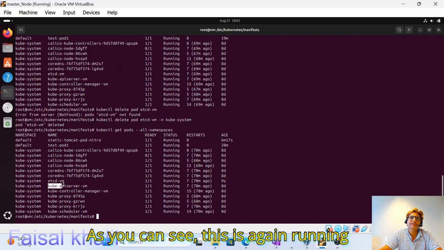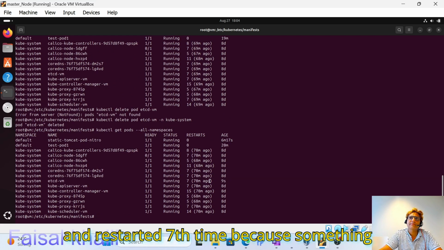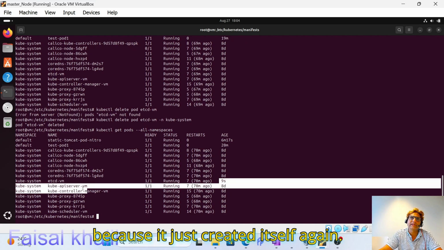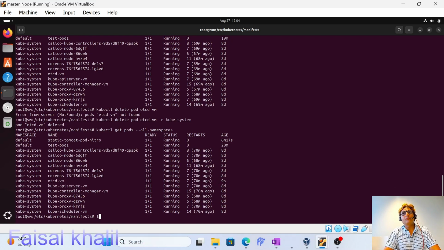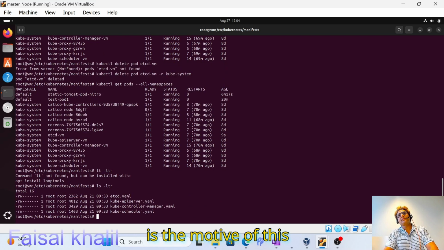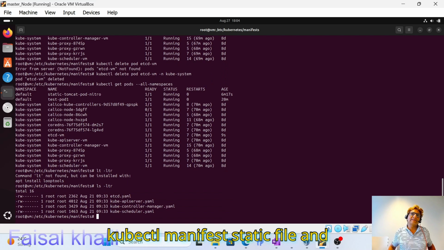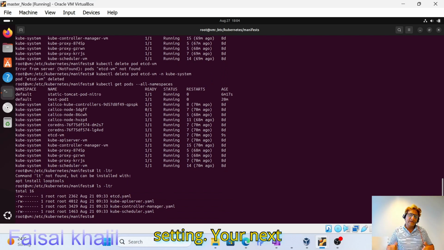As you can see, this is again running and restarted the 7th time because something happened, and it is just 9 seconds because it just created itself again. So, well, the motive of that is the motive of this kubectl manifest static file. And this static file is, in a normal setting,